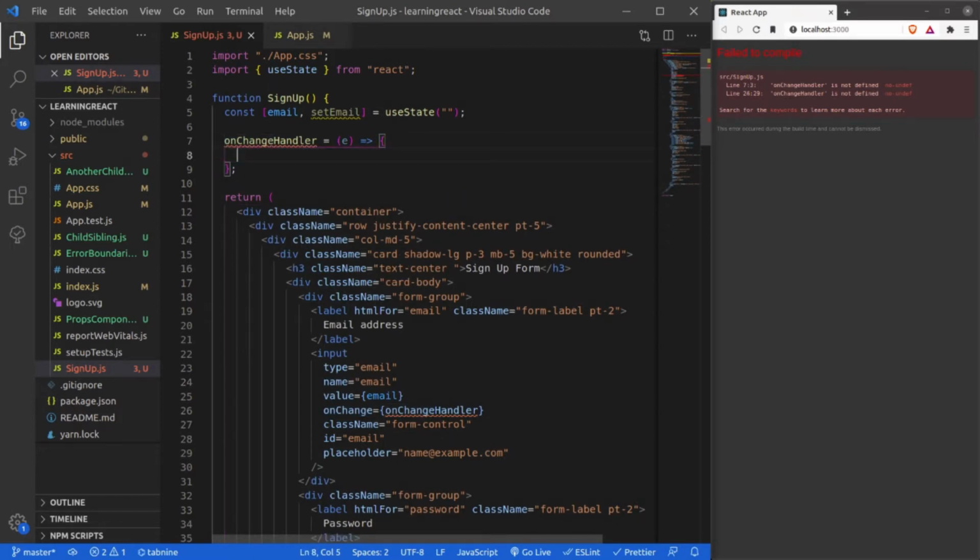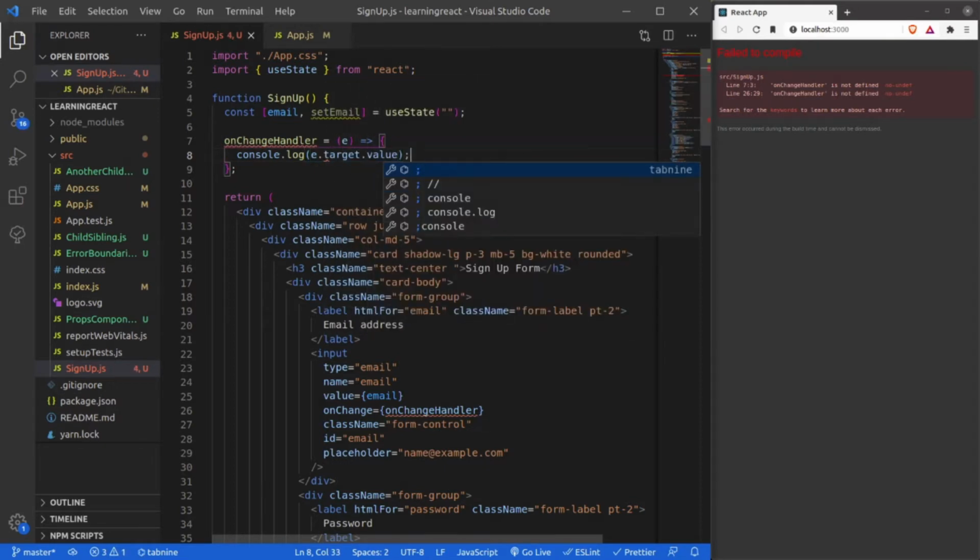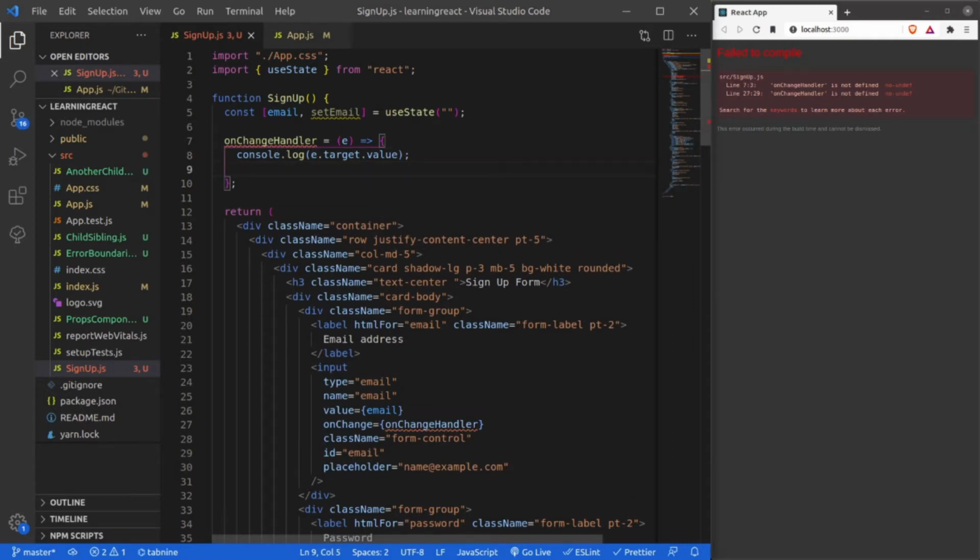And here, in order to access this value, I can console.log event.target.value. I hope you know about this particular convention, this particular way of accessing the value. And now it is saying that onChange handler is not defined. So let me see why it is saying it is not defined.